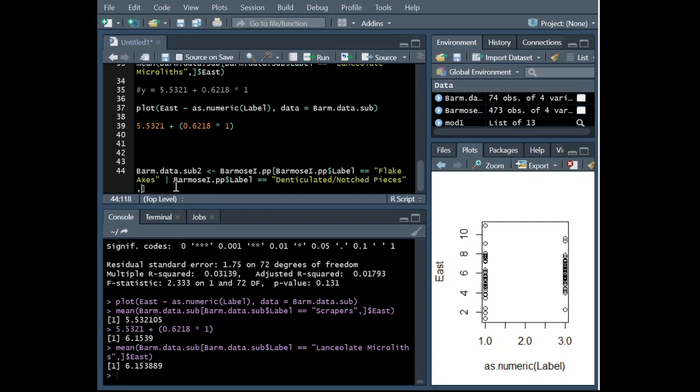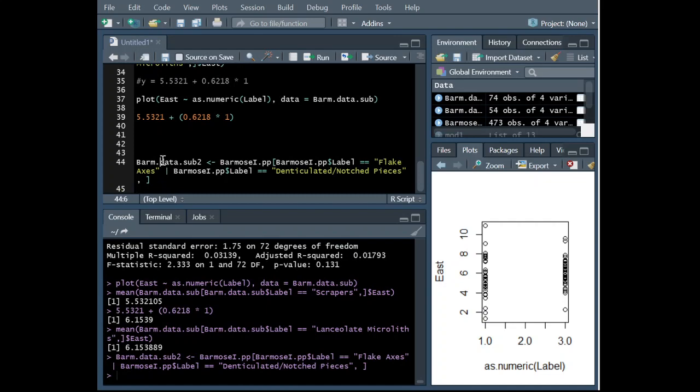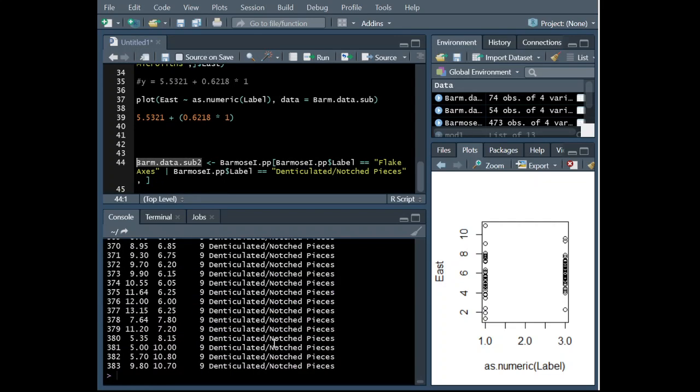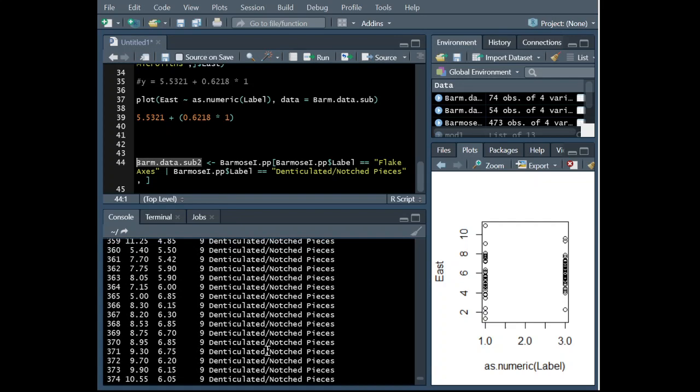Remember to put a comma here because that's referring to the rows, and we want all the columns. So let's run that. Now if we inspect BARM data sub 2, our output shows us that we've got the